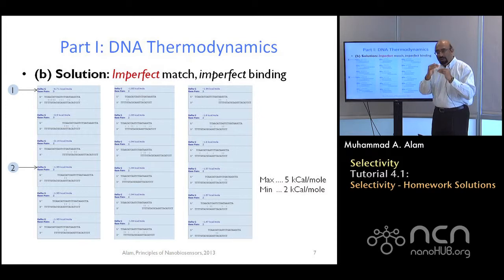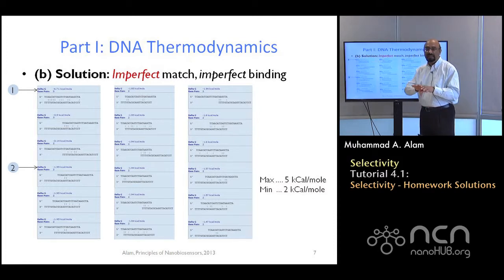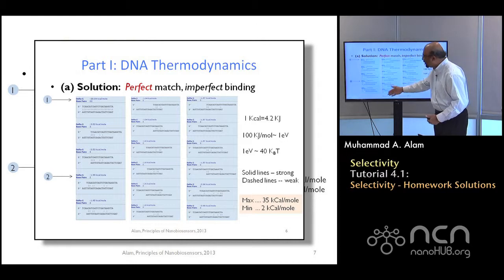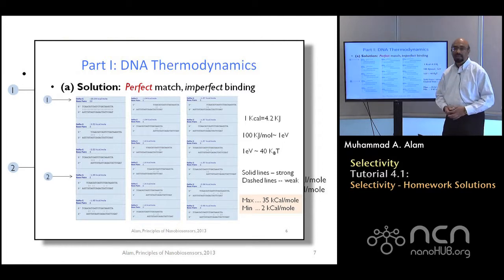So I have to make sure that I raise the temperature of the solution after all the bindings are done enough so that at least these 5 bindings cases are detached. Of course, if I can make sure that 5 binding cases are detached, that means in the previous slide all these ones will also get detached. All the 3 ones will also get detached. Only thing that will remain is the 22. So therefore, this type of calculations are very helpful, so that you can decide ahead of time what type of temperature do you need in order to have high selectivity.